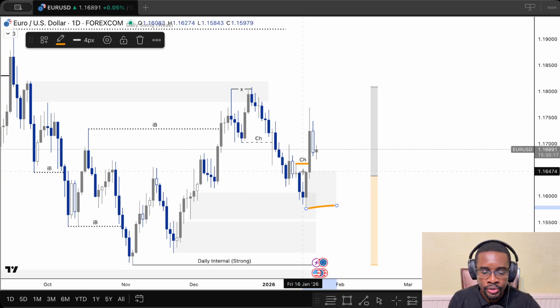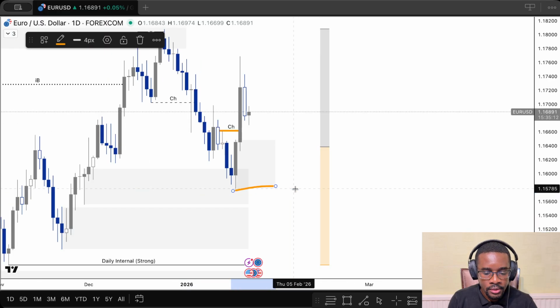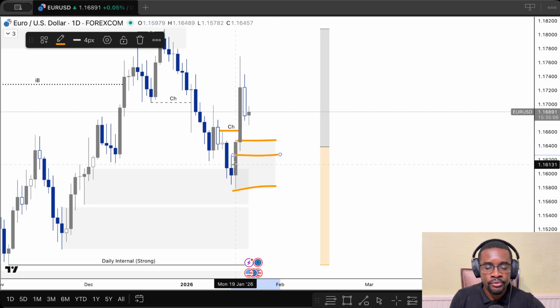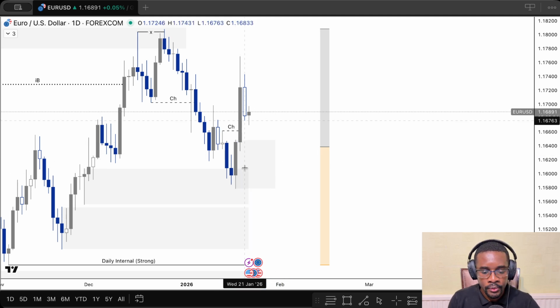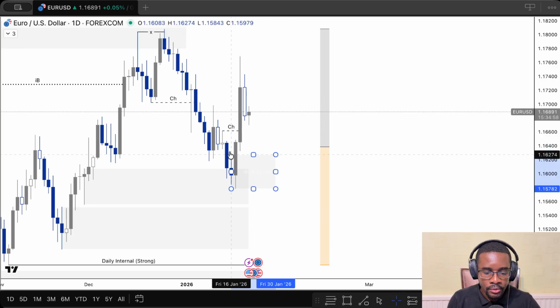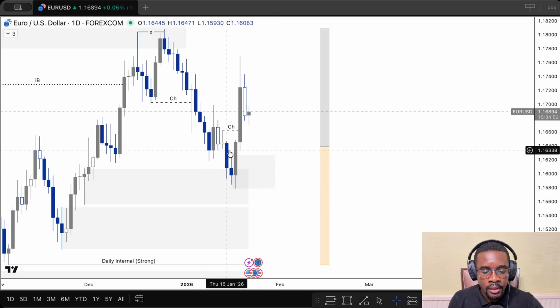So we could have a zone the way I've marked it, or if you want to be conservative, you can still bring it a little bit lower, to the extreme, like that. Either way, I had marked it at the top because these last two bearish candles and this bullish candle,